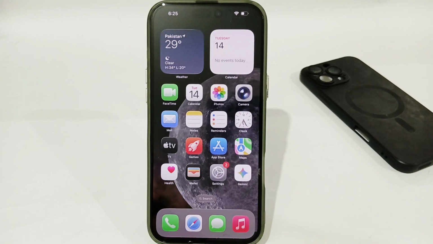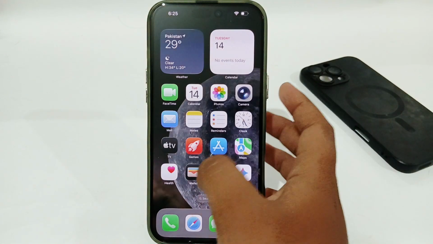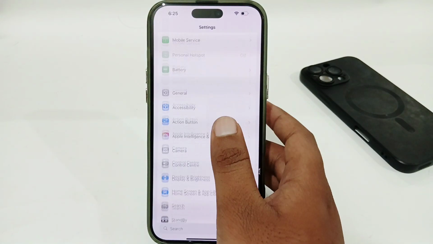Hey guys, today I'm going to tell you how to fix the Apple Store billing problem. If you're using any iPhone and you're having any App Store or Apple Store billing problems, let's see how you can fix the issue. So you just have to open up your settings and here just scroll down until you